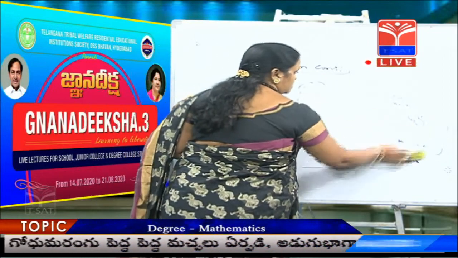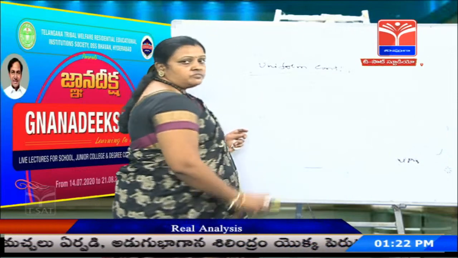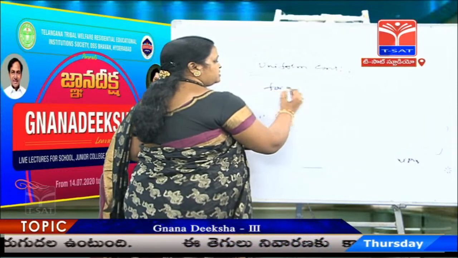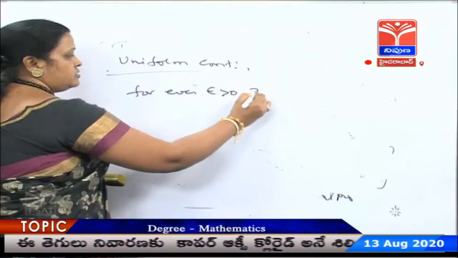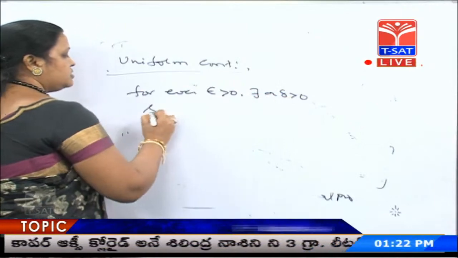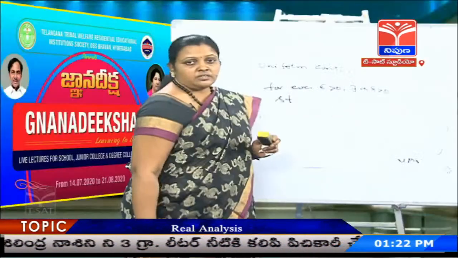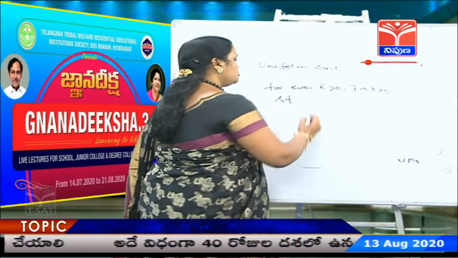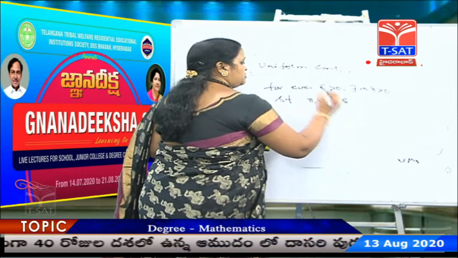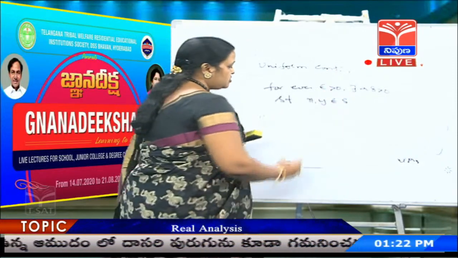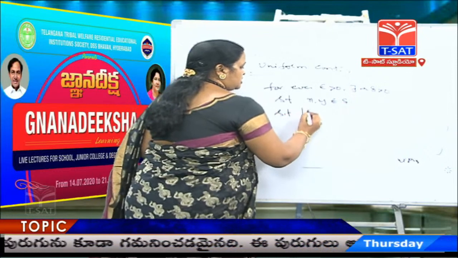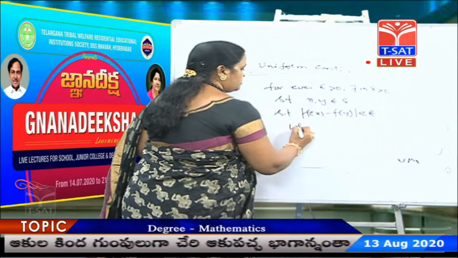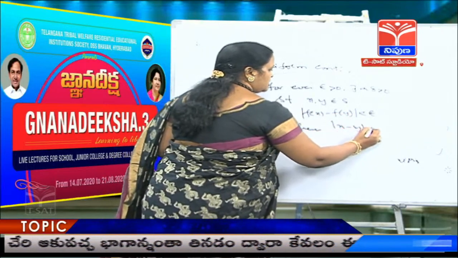So here let us take the general definition of a uniform continuity of a function. For every epsilon greater than 0, there exists a delta greater than 0, such that, as we are defining the continuity of a function only at a particular point, now we are choosing any 2 points in the domain S, such that modulus of f of x minus f of a is less than epsilon